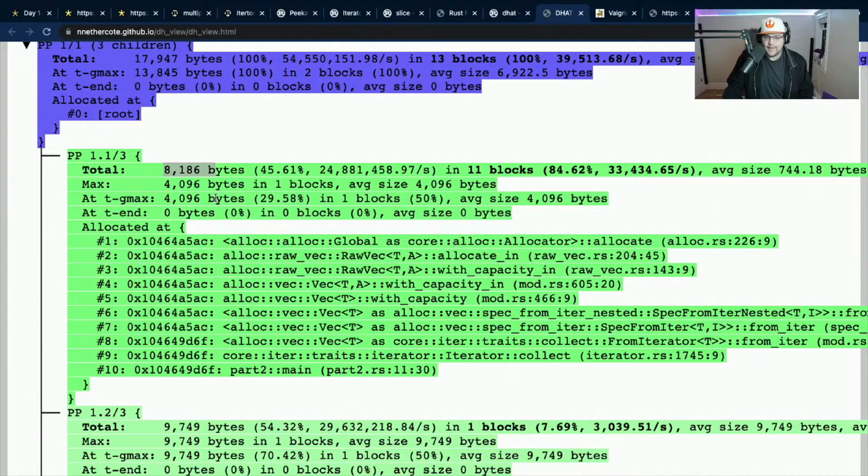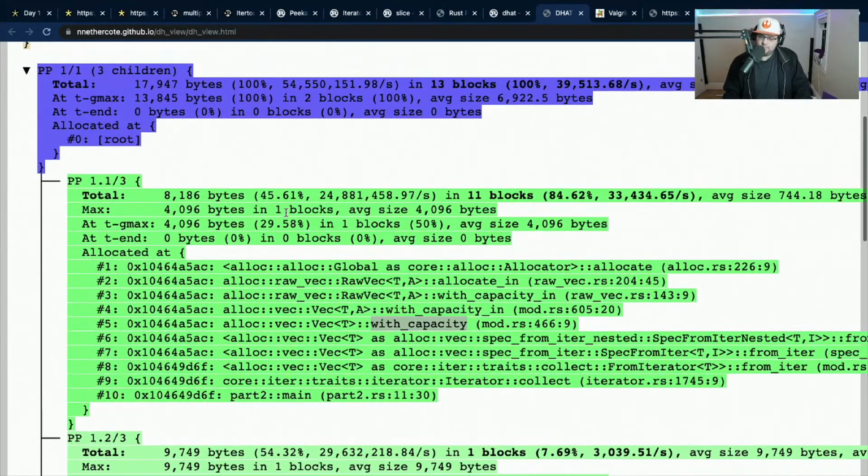It's interesting that it's 8,000 bytes for the vec, but only 4,000 at Gmax. So it would be interesting to see what was the cause of that. I wonder if we're over allocating because we're shoving a bunch of stuff into this vec, and if we initialized it with capacity ourselves, we might be able to cut that down.